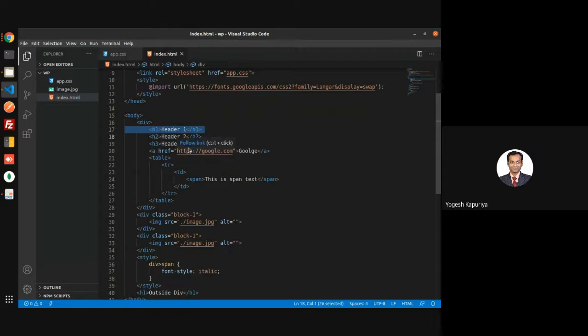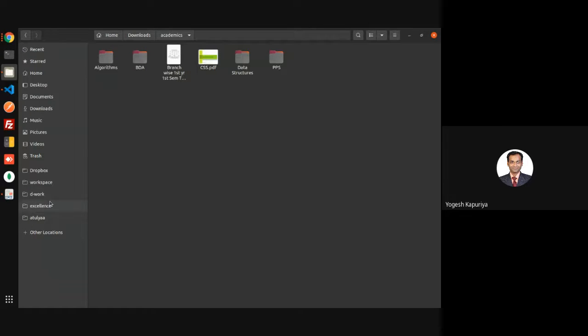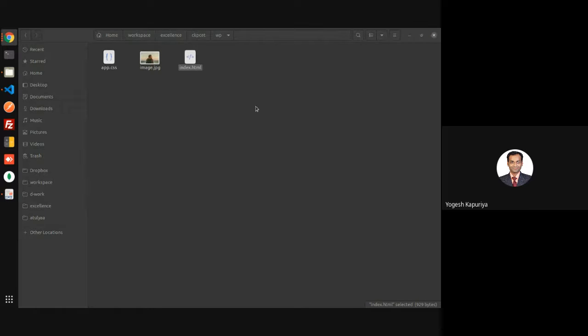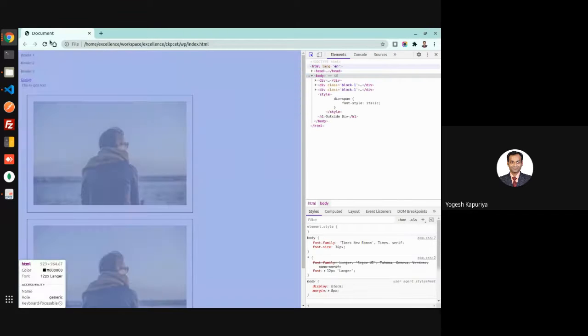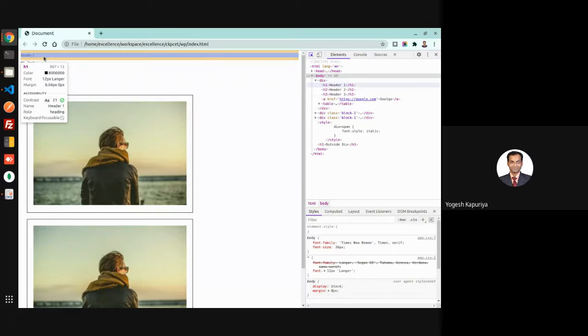Let's say you are writing this H1 tag. If you see the file, the entire width is occupied.